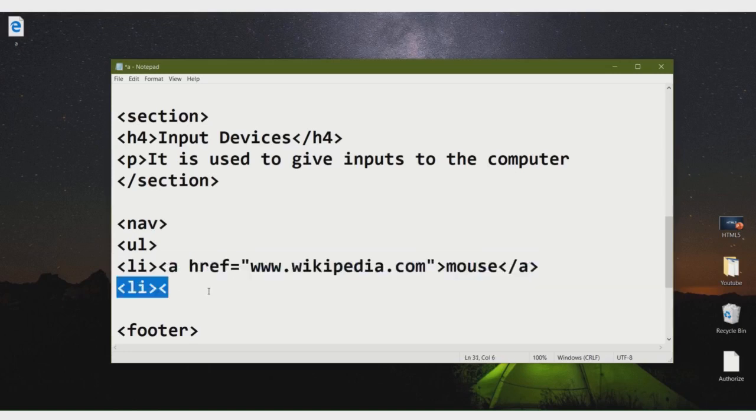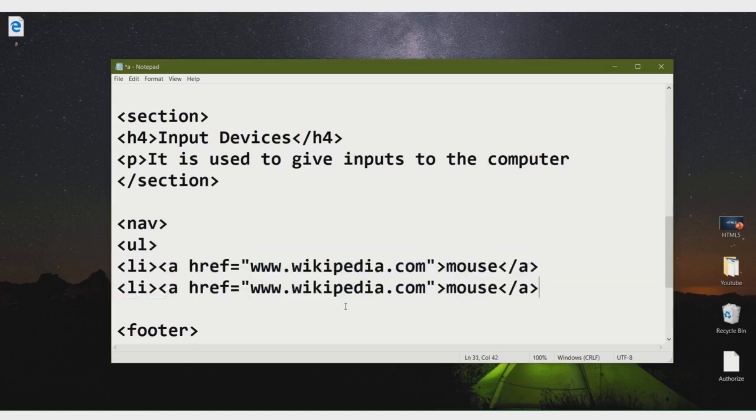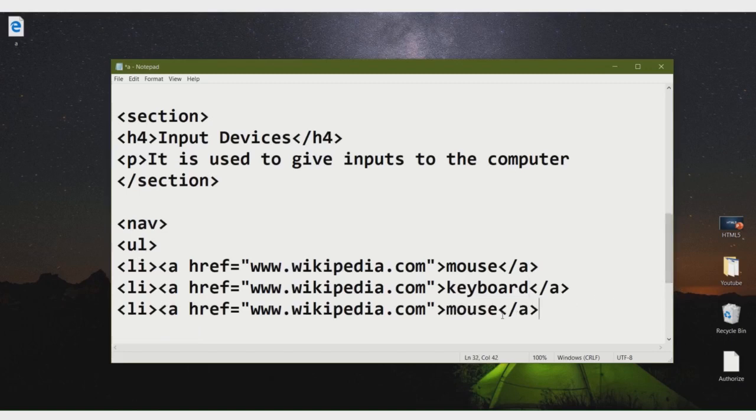Just I am copying here, writing keyboard, and then writing microphone, okay, microphone here.